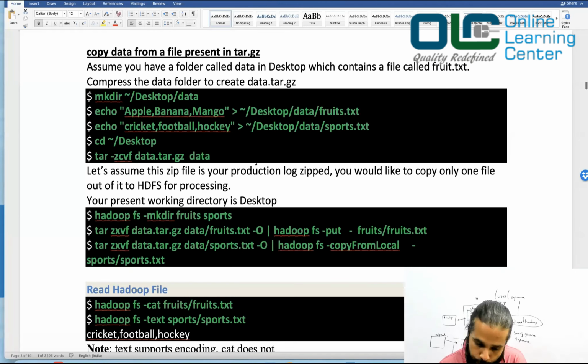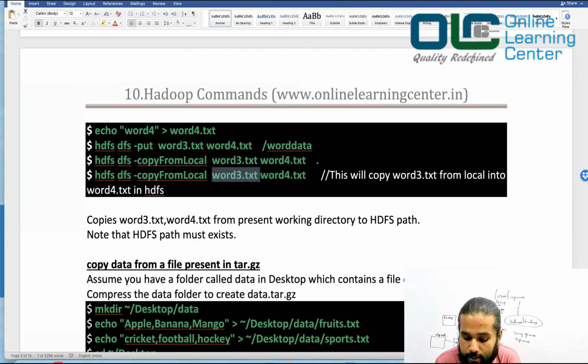Okay. So when you do this, what happens is, in real time, you will have a big cluster. Let's say a 300 node cluster, right? Your file is a big file of 1 GB, and you have a block size of 128 MB. And you said hadoop fs -put, or you said hadoop fs -copyFromLocal, right? What it would do is basically trigger that command to the name node.